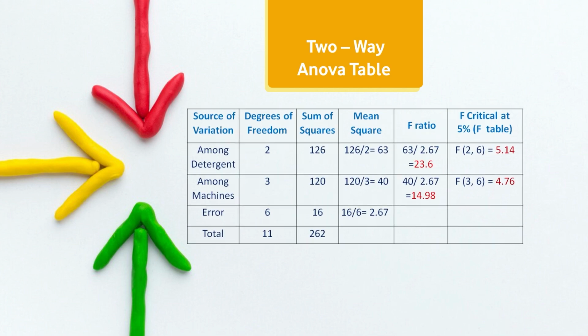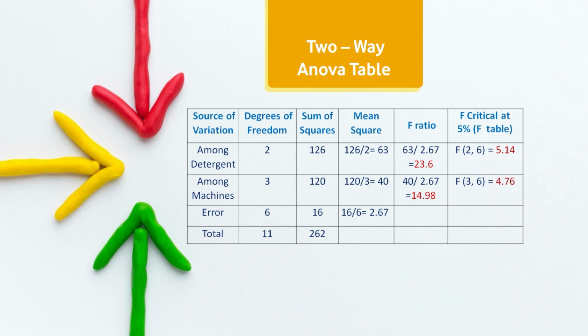Now, if you look at the degrees of freedom, between detergents will have 2 degrees of freedom, among machines will have 3 degrees of freedom, and error will have 6 degrees of freedom. Now, we will transfer this information into a table. So, we make an ANOVA table. The first source of variation is among detergents, the second is among machines,